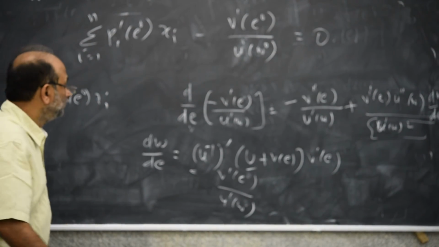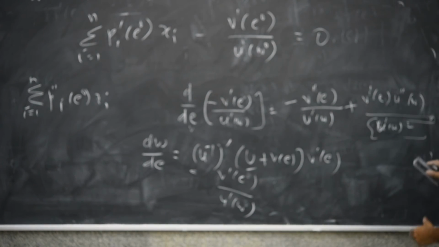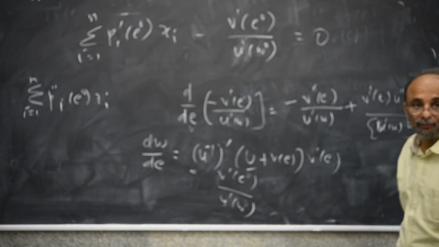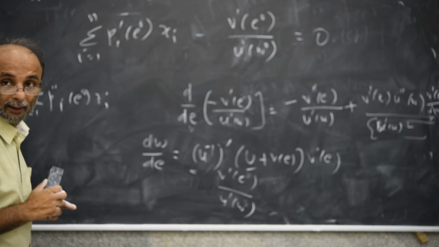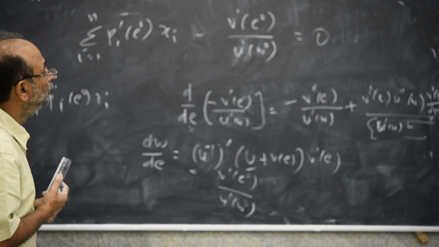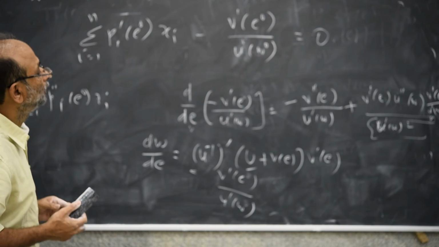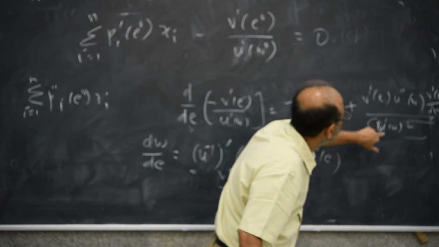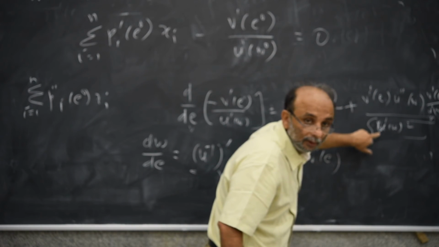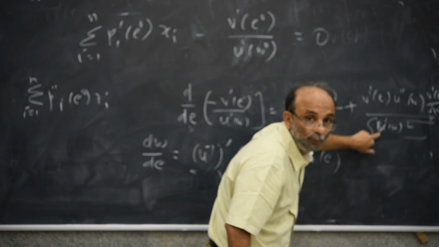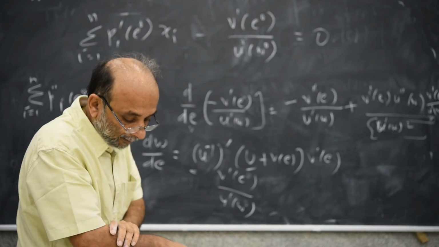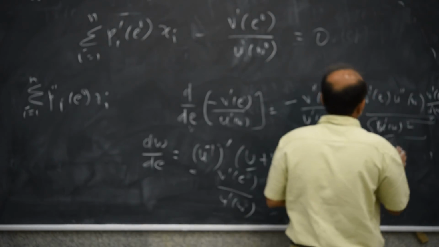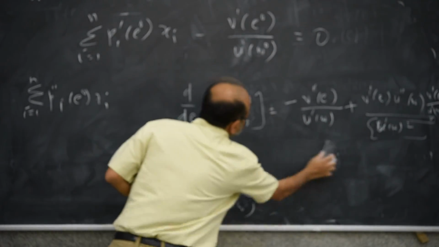So I have to substitute there. So this part becomes V dash of E upon U dash of W. Okay, this part becomes V dash of E upon U dash of W, right. So, and what does this then become? Because one of these U dash of W's will go, this will become U dash of W cubed, right? Okay, so this whole term is then nothing but